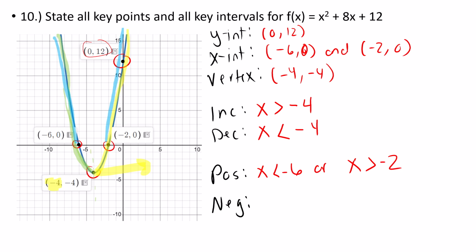It is negative when we are in between the two. And so it is negative when -6 is less than x is less than -2. So that's pretty much everything except for domain and range, which I will cover in a separate video, much shorter